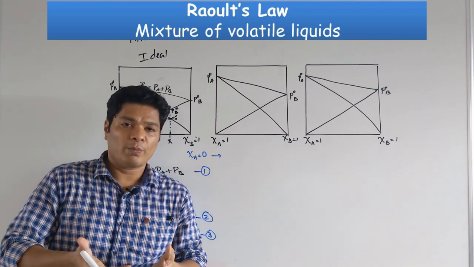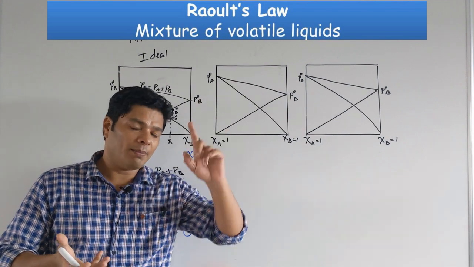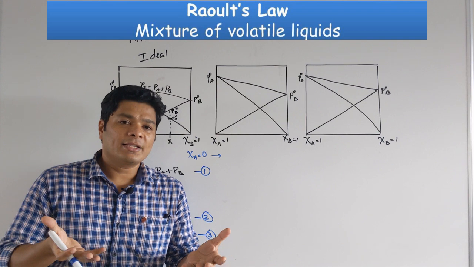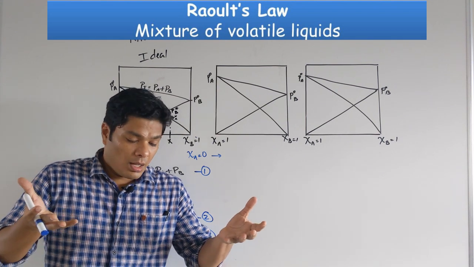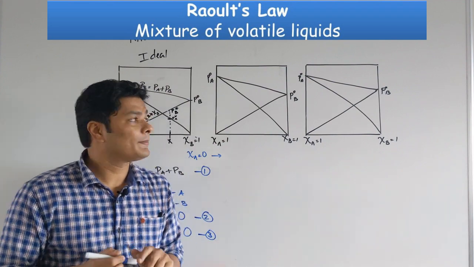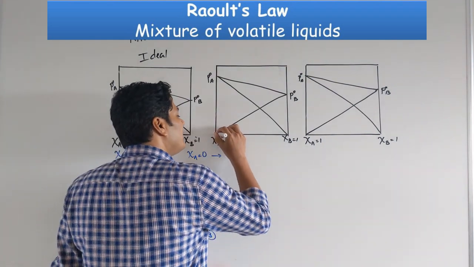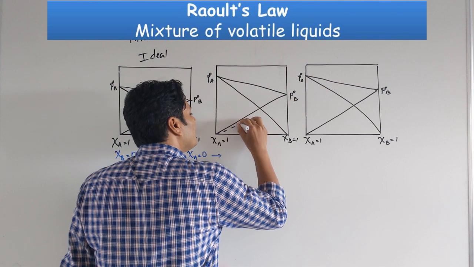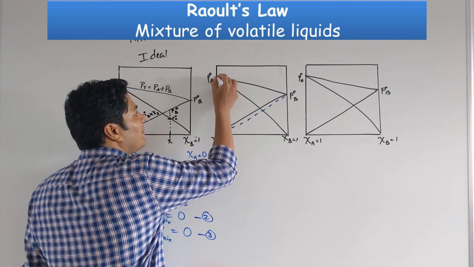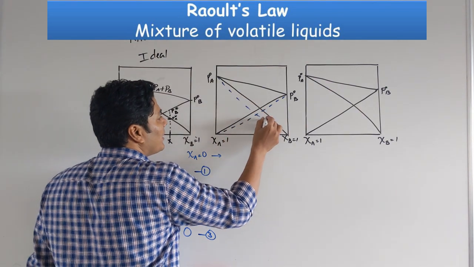But what if they love more, meaning A is not going to let B go up, B is not going to let A go up, okay. In that case, it sounds like both of them do not want to go up. So, both their vapor pressure decreases, okay. This will be the vapor pressure of B. It has decreased compared to what it used to be. This is vapor pressure of A. This is decreased compared to what it used to be,